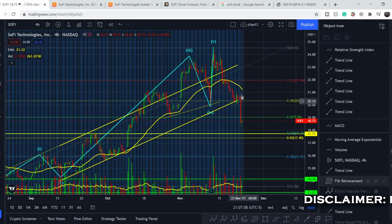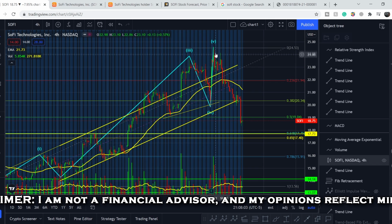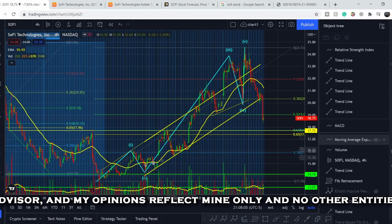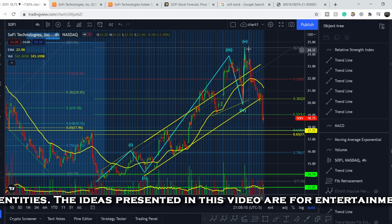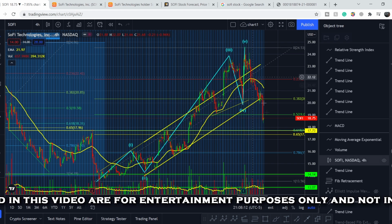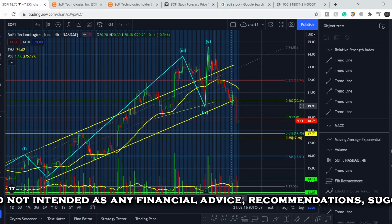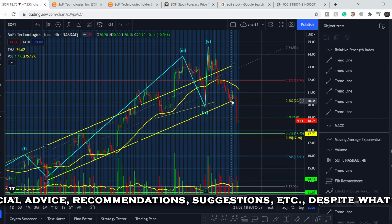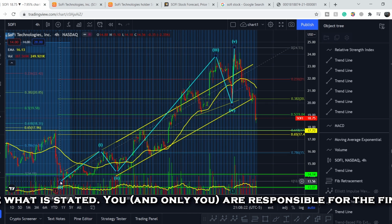So let's start with the price chart. I made my previous video right at this very point, and I told you that we had finished the 5-wave structure, and it was completed just several days ago. From this point, we have to have a retracement, and basically it happened. And I told you that your first accumulation point might be in the range of the 0.382 Fibonacci retracement level. It is a Fibonacci level from the very bottom,